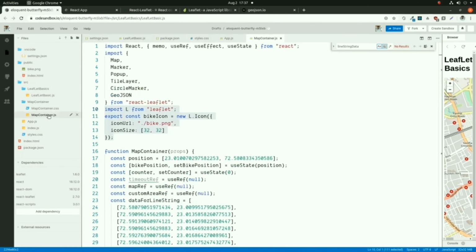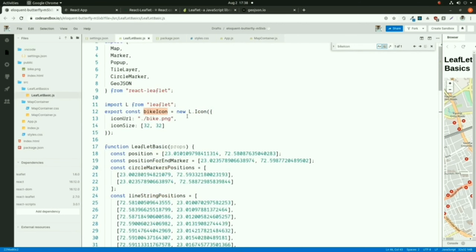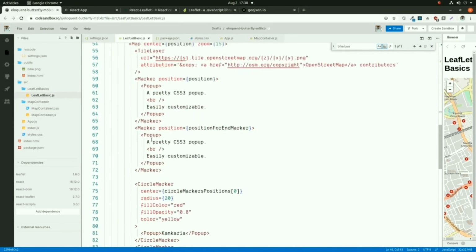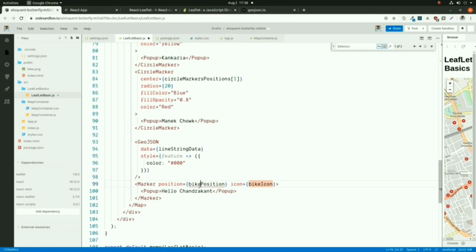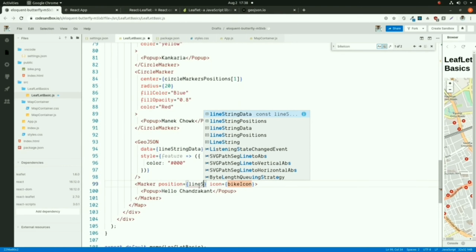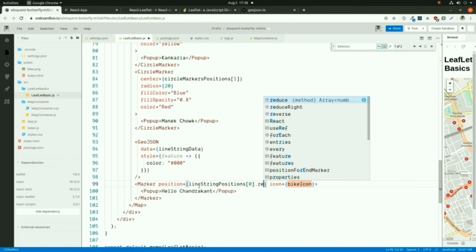Now to use this bike icon I need to take the marker inside the map. So I will just copy paste this marker element inside the map. I will put this marker element inside the page.